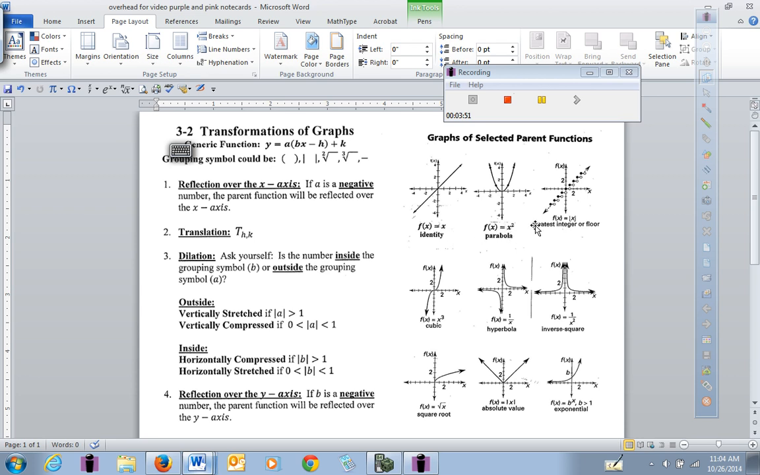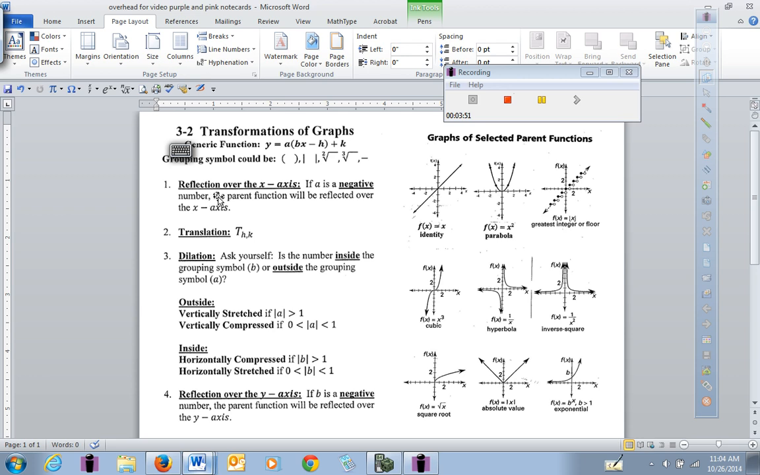The identity, the parabola, the greatest integer or the step function, the cubic, the hyperbola, the inverse square, the square root, the absolute value, and the exponential. We actually know a couple of others too, like logarithm from last year, but we're not going to deal with that just now. We're going to just use these 9 right here. And out of these 9, we can move